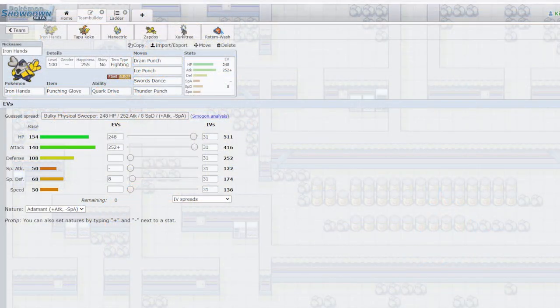So first off, we have my absolute favourite new Pokemon to use, and that is Iron Hands. I think Iron Hands is crazy fun to use. It's just so insanely bulky and hits so hard. Its stats are insane with base 154 HP. It's super bulky and has respectable defense. Its special defense isn't great, but that doesn't matter too much when you're rocking over 500 HP. Attack stat wise as well, it's crazy powerful with base 140, hitting a very respectable 416, but it gets stronger